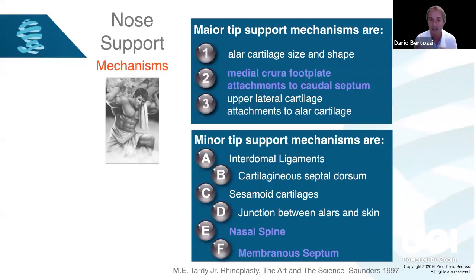And here we see that we have the medial caudal footplate attachment to the caudal septum. This we cannot distort with the surgery, but we can distort it if we inject in the wrong place our IG prime filler, because it stays in place, it's very viscous and cohesive. So we have to take care about this tip support mechanism to recreate those ones or to emphasize this mechanism